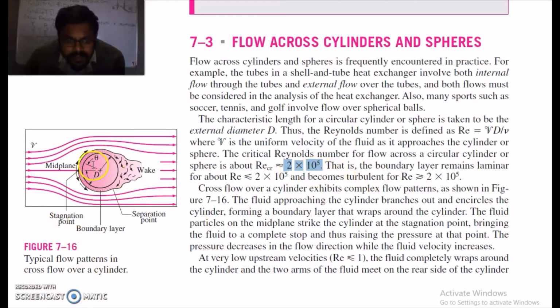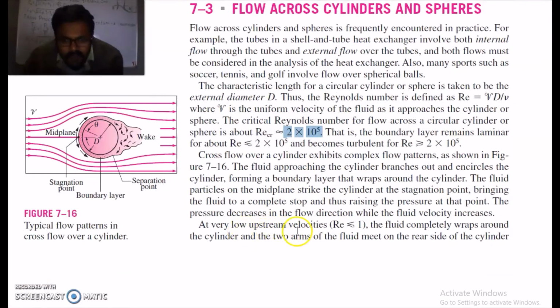You can see this is your theta angle here, which is showing the separation region. This is the stagnation point where your fluid will come to a complete rest, and then it will start to flow in this direction. This is the boundary layer, and this is where your flow will separate from the cylinder and become turbulent. At a very low upstream velocity, Reynolds number less than 1, the fluid completely wraps around the cylinder